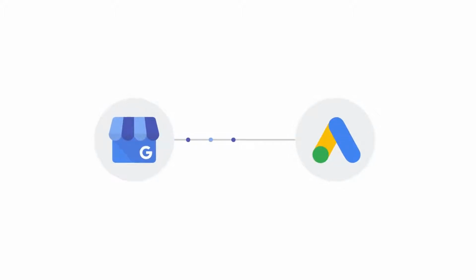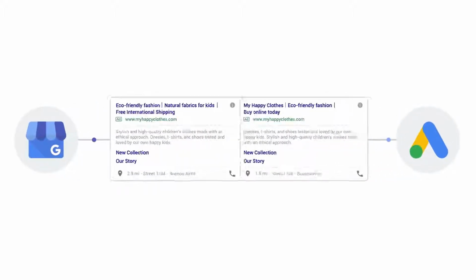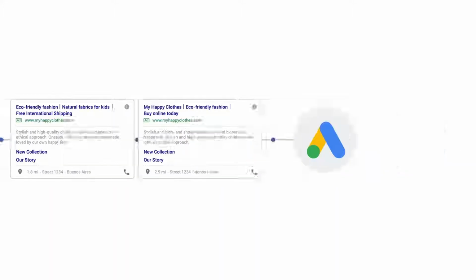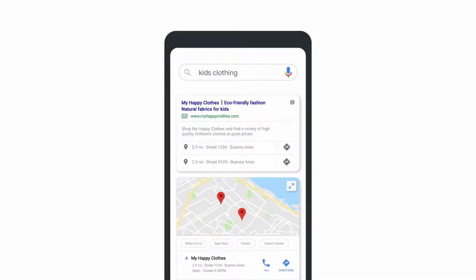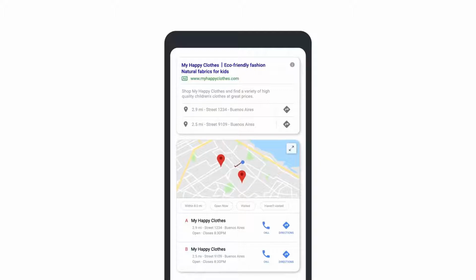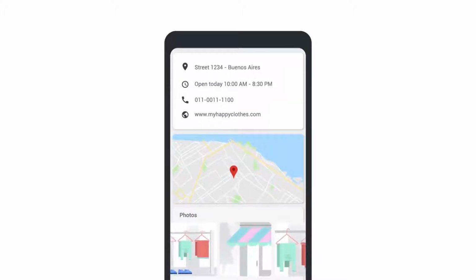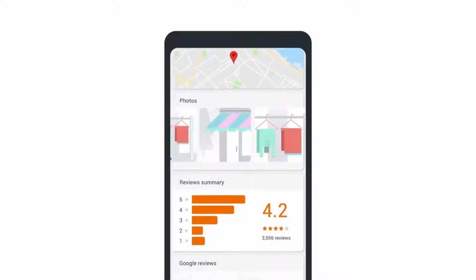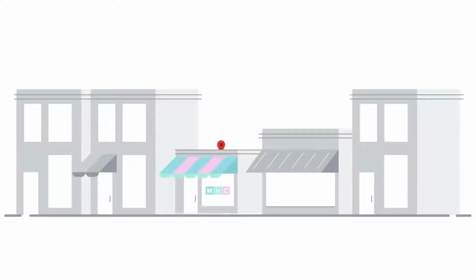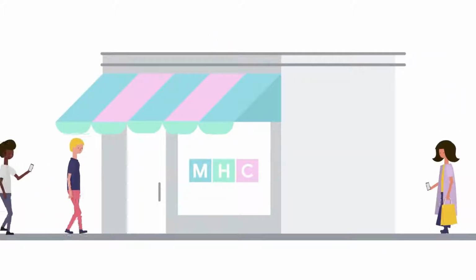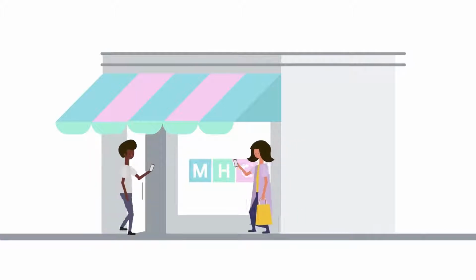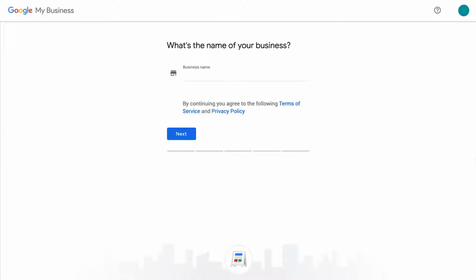Linking your Google My Business account to your Google Ads account allows your ads to appear with location extensions. Location extensions encourage customers to visit your storefront. Your ads can appear with your business address, a map to your location, or the distance to your business. Customers can then click your location extension to get further details about your location or your business profile. Setting up location extensions is the groundwork for using location-based features in Google Ads, like store visits, reporting, or local campaigns. Let's get started.